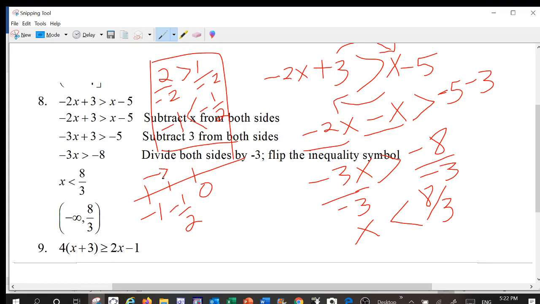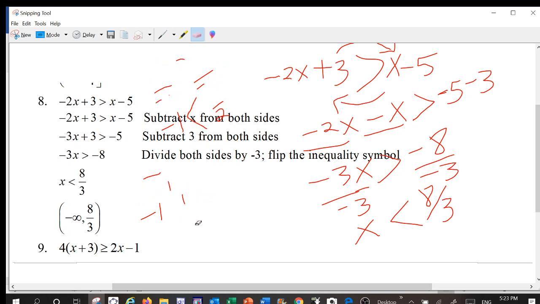So you see, we had a greater than inequality. When we divided by a negative number, we had to change it to less than. This is also true when you multiply by a negative number. You have to change the direction of the inequality. Okay? So this wasn't directly related to this problem, but now, all right, so now how do we write the